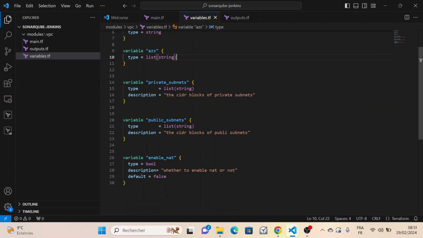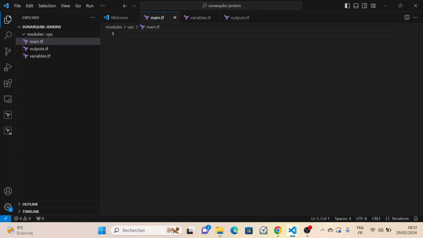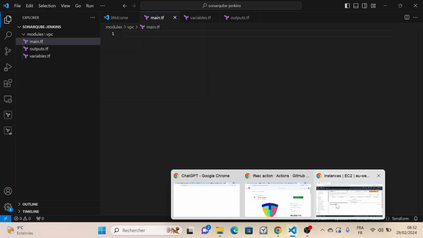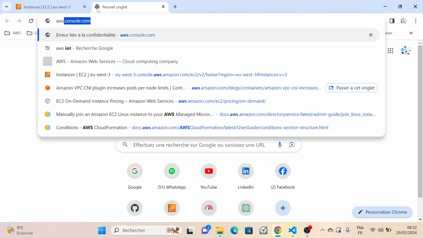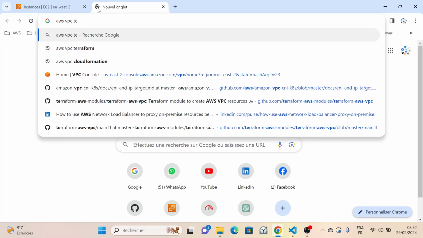So once I have all the variables here, I will start to create the resources. When I'm trying to create the resources, I will give you a simple way how you can do this on your own, because you just need to have internet, and then you don't need to remember by heart what are the attributes of each resource. What you need to remember is just go to Google, for example, and you type AWS VPC Terraform, for example,